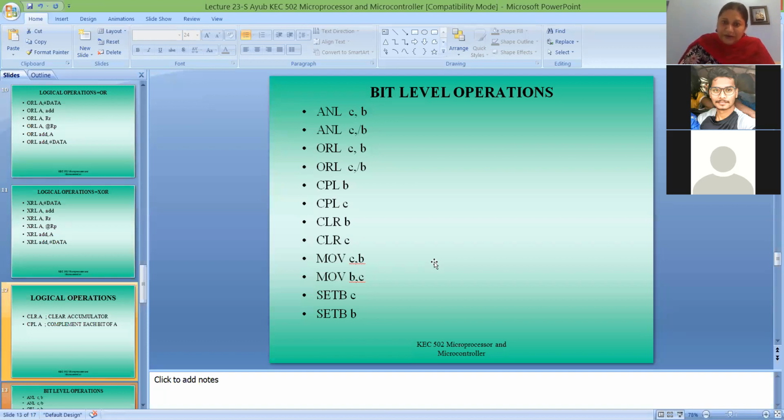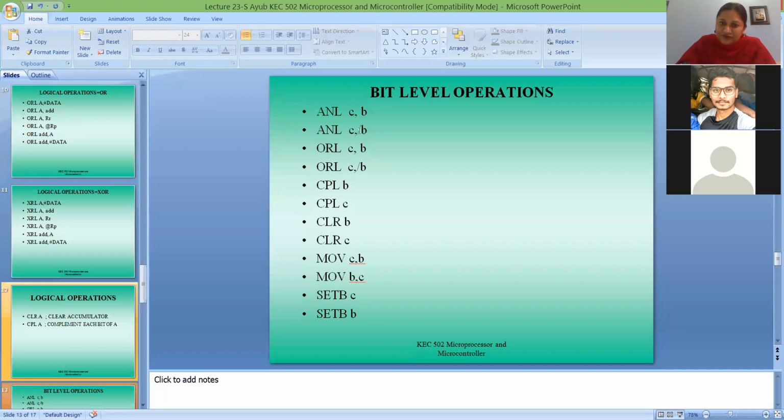So these are your bit level operations. You are ANDing the carry bit with a bit, and this can be a bit address from that 16-byte memory location. Any bit can be taken. A bit can be either 0 or 1. Whatever this addressed bit is, whether 0 or 1, it will be ANDed with your carry bit and the result will be stored into the carry bit.